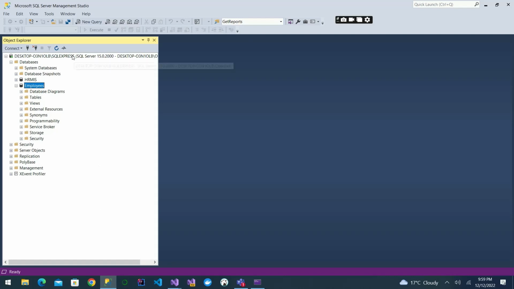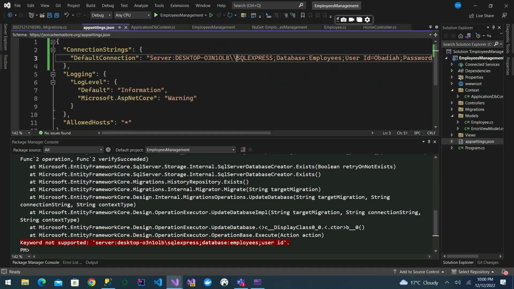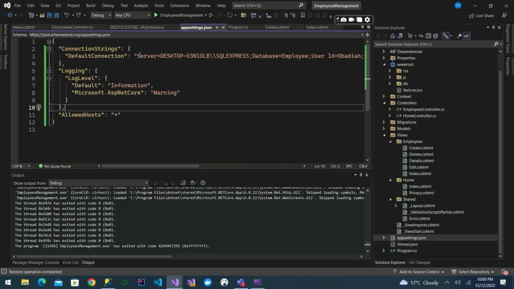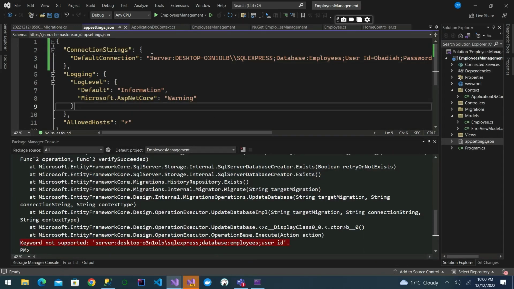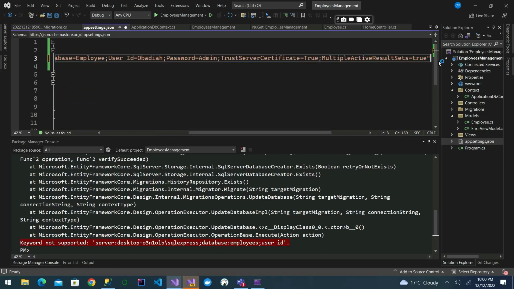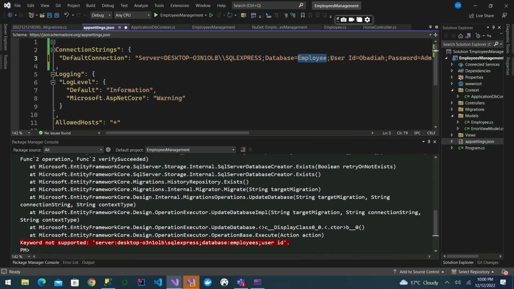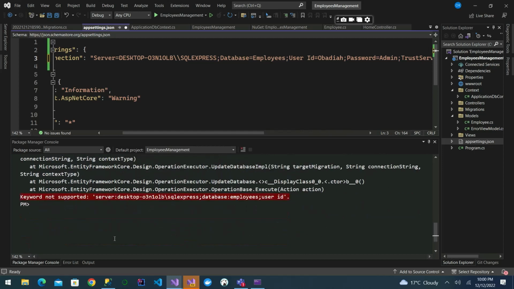So I'll just come here to our settings, and look at SQL Server. Let me just see what's going on. So this is our server. I'll copy this here and replace it with this. So we have our server name. Database is employees. Then our user ID is that one, and our password is that one. Then trusted certificate and allow multiple active connections is true. So if we just try again,